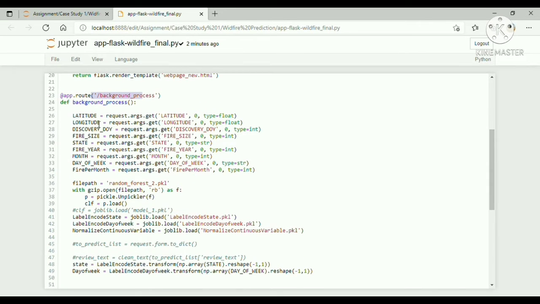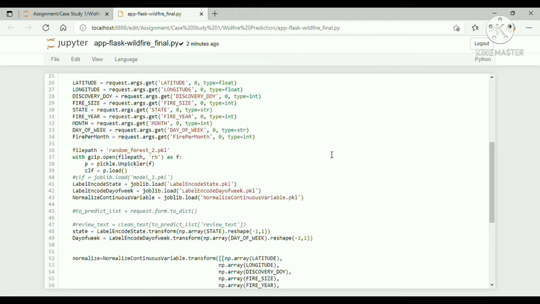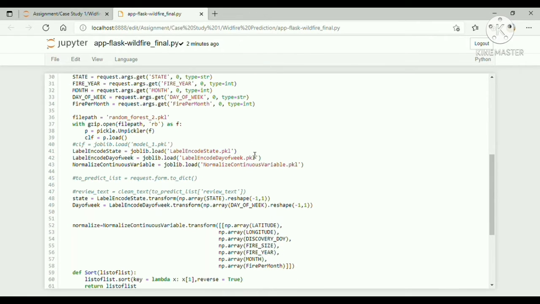and we have certain parameters which take the input back from that HTML page, like latitude, longitude, discovery date of year, fire size, state, fire year, month, day of week, and fire per month. These are the inputs which are taken from the HTML page. Once we take the input, we have certain pickle files, already trained.